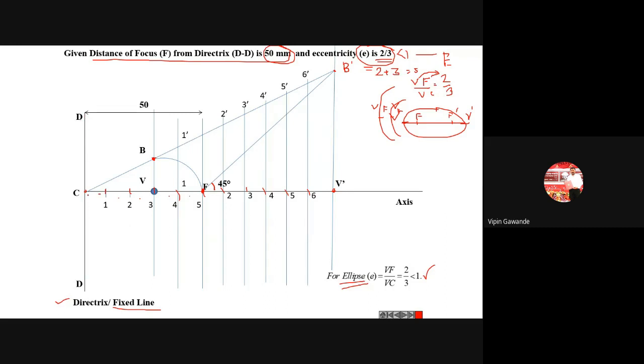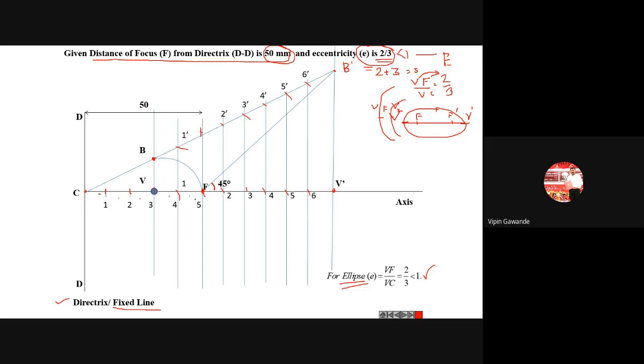So you keep your roller scale here and then roll it. Then draw a vertical line from 1, vertical line from here, vertical line from 2, 3, 4, 5, and 6. Now this vertical line will intersect our CB line at 1 dash. Here this is, suppose we'll take, this is F and another, suppose here intersection. So this is 2, 2 dash, 3, 3 dash, 4, 4 dash, 5, 5 dash, and 6, 6 dash.